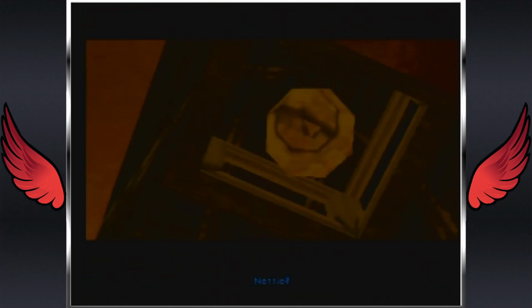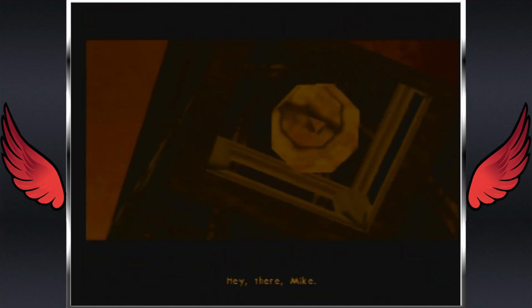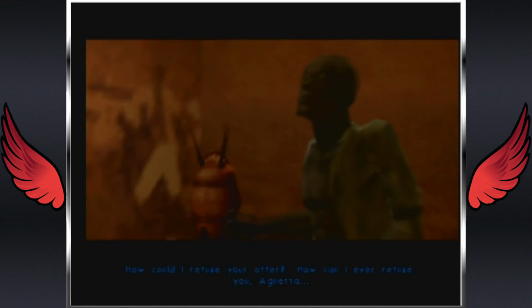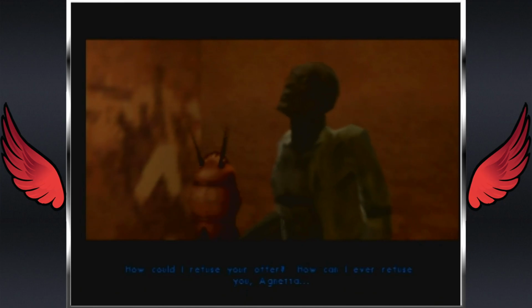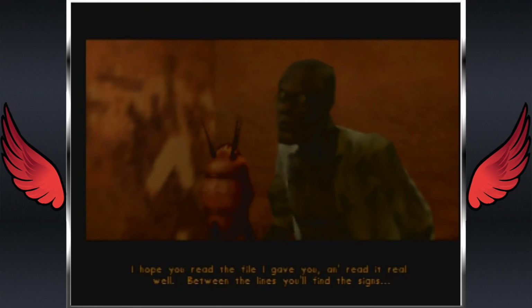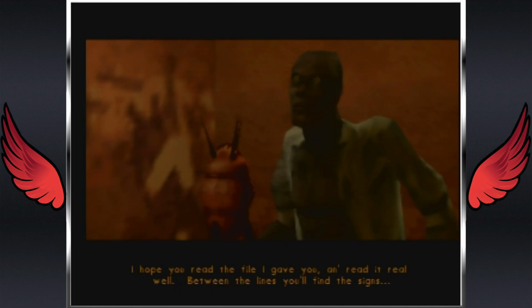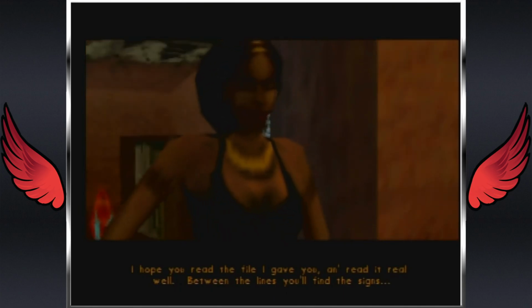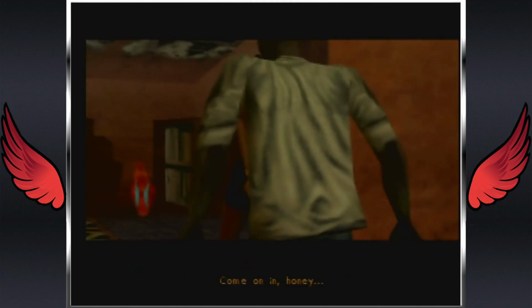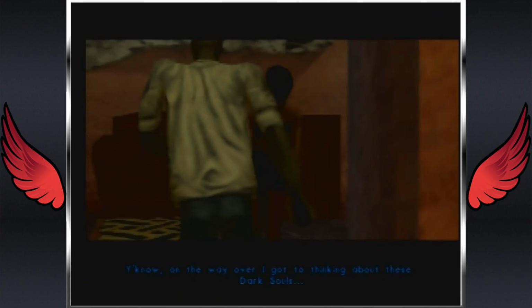May? Hey there, Mike. Glad you could make it. How could I refuse your offer? How could I ever refuse you, Agneta? You can't. I'm simply irresistible. I hope you read the file I gave you, and read it real well. Between the lines, you'll find the sign. You got my stuff? Come on in, honey. You know, on the way over here, I got to thinking about these dark...